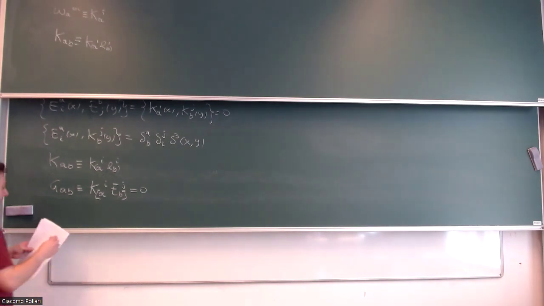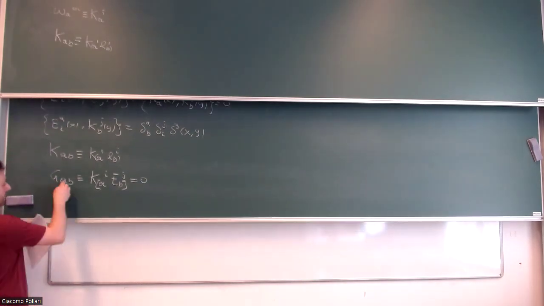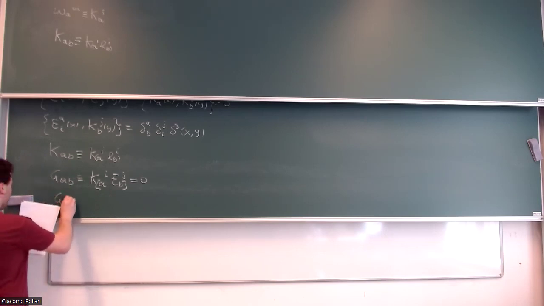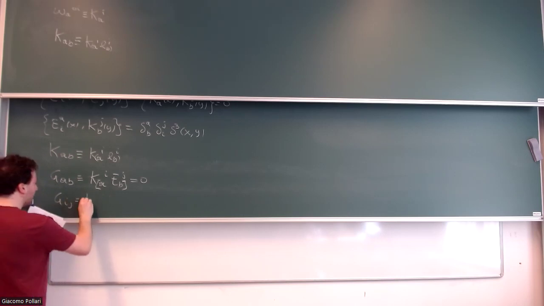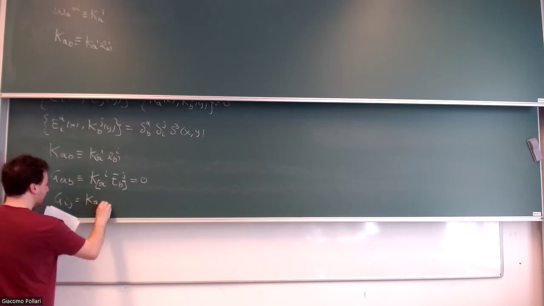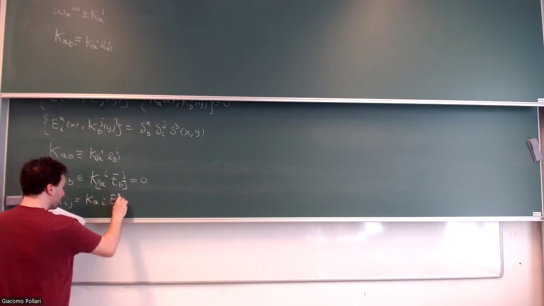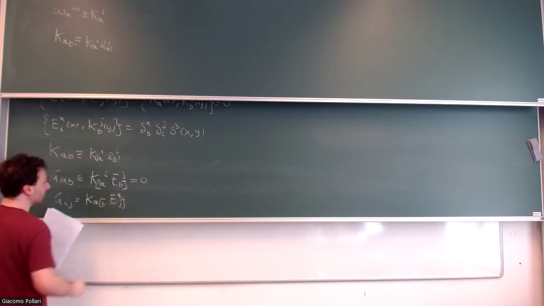But also we can say, okay, now we can change the indices by constructing with triads. So that this G, we can write this G_IJ as